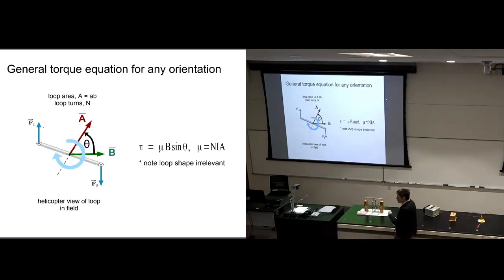It's this formula here. It's the same formula as the last slide, but in the last slide we worked out a special case where the orientation of the field was across the surface of the loop, where there was 90 degrees between the area vector representing the loop and the magnetic field vector representing the magnetic field. If that wasn't 90 degrees, the torque is given by this little formula here, mu B sine theta. That's the one change. Today's class, we looked at some examples, illustrations of